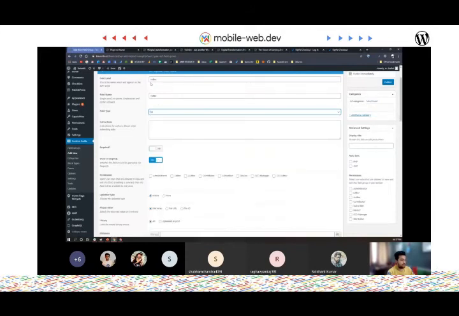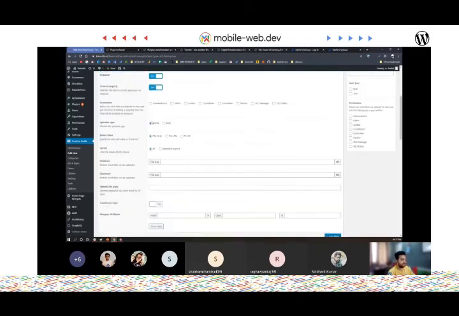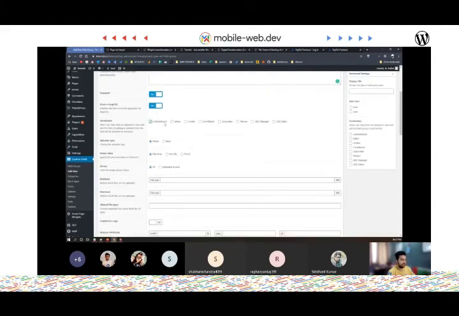What we need to do is upload a video, that is a file, and we can also add an instruction, say, upload mp4. And we can choose if this is a required field. What this button does is it doesn't allow the person to publish the post until this field has been marked. For our movie, we obviously need mp4, so we'll mark this as yes. Then you can give different permissions to different people depending upon their role who can access this field. For us, we'll only give the access to administrator and editor.